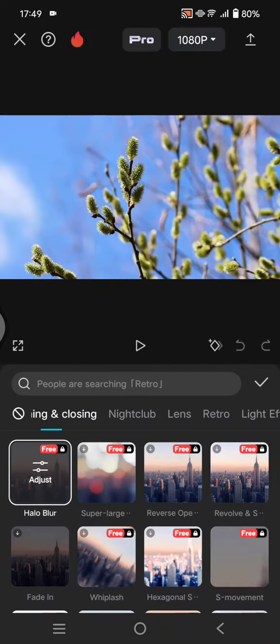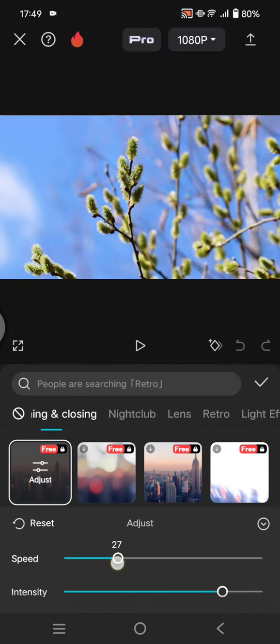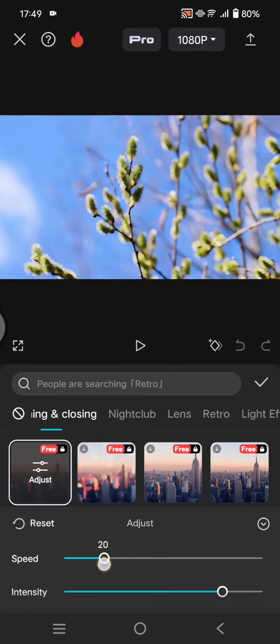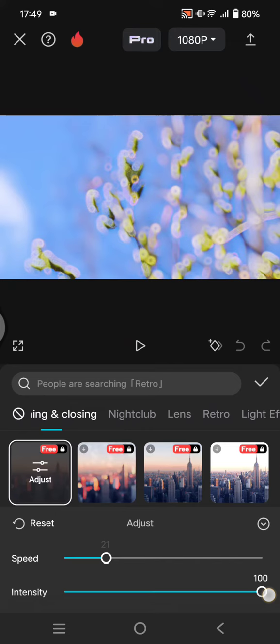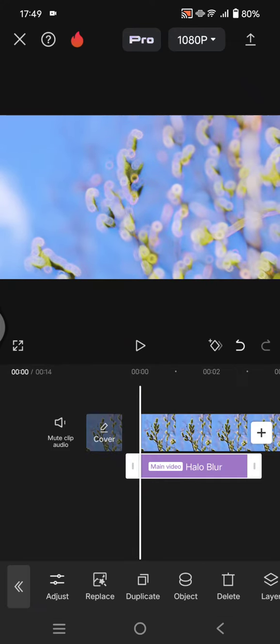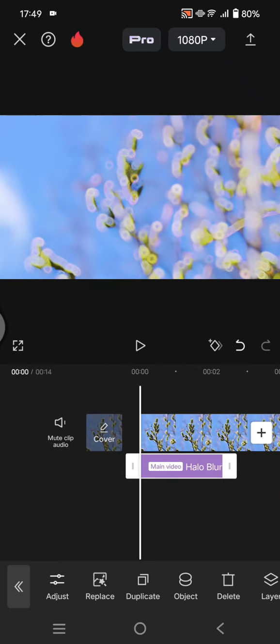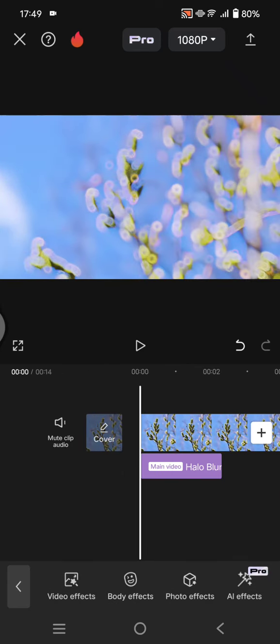Okay, don't forget to adjust. If you want, you can adjust the speed. I'm going to make it slower, 20, and intensity. So click on the check icon and just adjust on how long you want the blur effect to apply to the clip. So this is the final result,